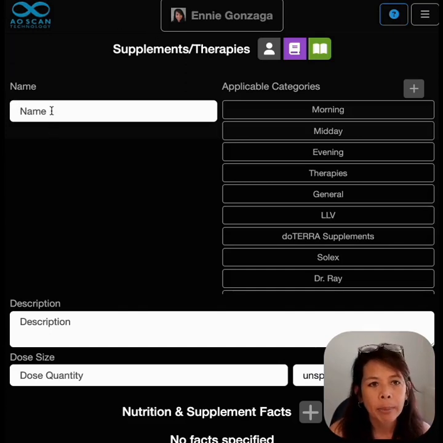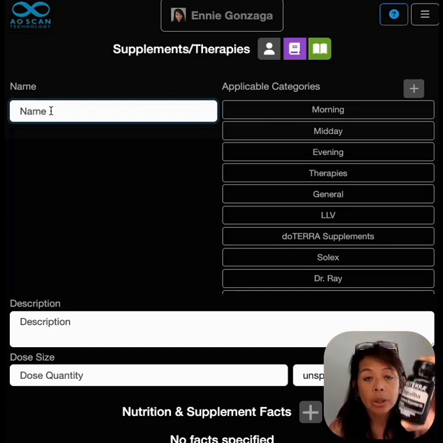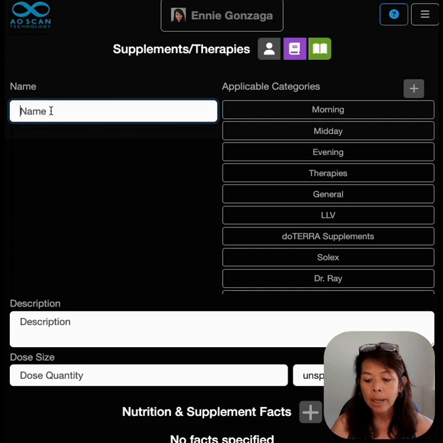So you go ahead and put in the name. So go ahead and enter it for Copaiba. I actually already have Copaiba in here. When I first did it, I only took one capsule a day. But now I'm getting older and I have all these aches and pains, right? So I probably need 2. I feel like I do need 2. Like when I'm muscle testing, I need that. So I'm going to go ahead in here and I'm going to put in another Copaiba, and I'm going to